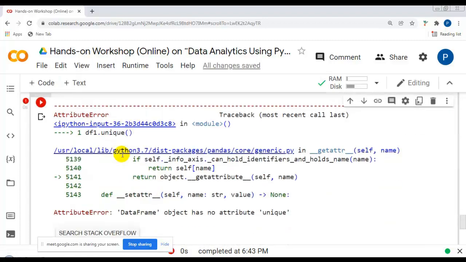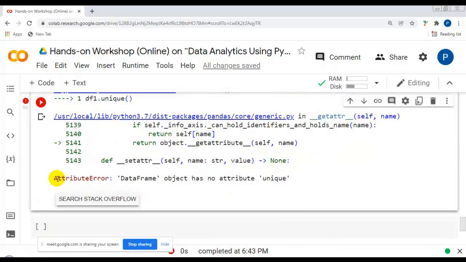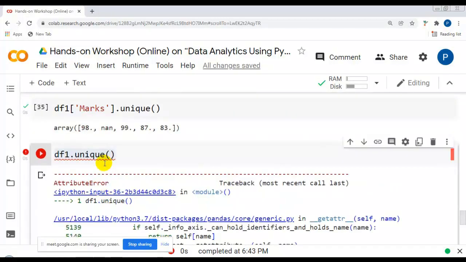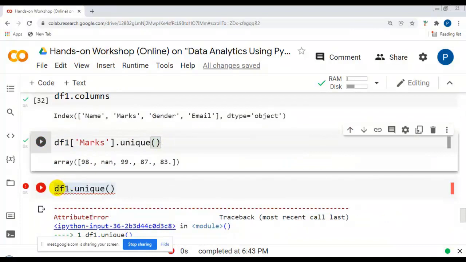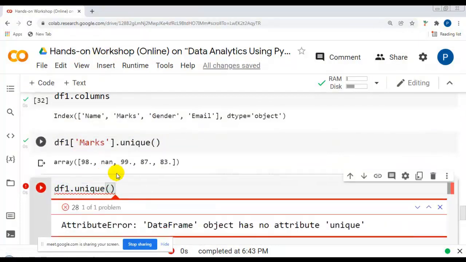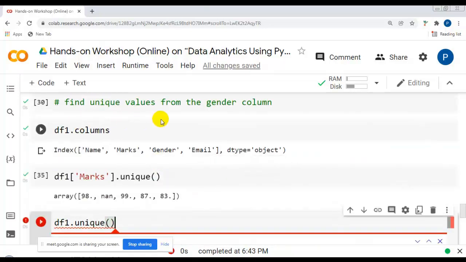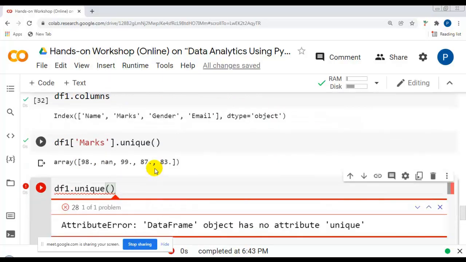Otherwise we will receive this attribute error. So please remember this unique method we can't apply on the entire data frame; we can apply it on the pandas series only. Okay, so this way we can find unique values from a particular column. Here I have taken gender and marks.